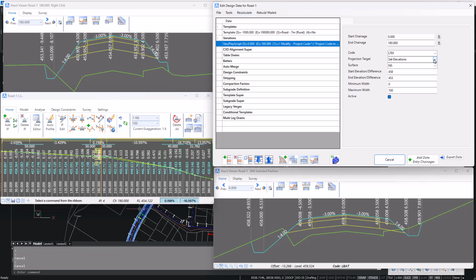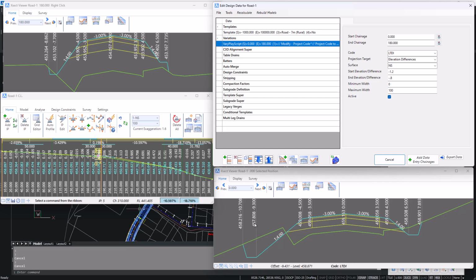Okay, as well as set elevations, you do have access to elevation differences. So this is when you're saying you'd like an elevation difference. Maybe what I want is a drop here of, let's say, minus 1.2 meters, and then I'd like an elevation drop from this code to this code of, let's say, minus 0.8. So now when we go update,